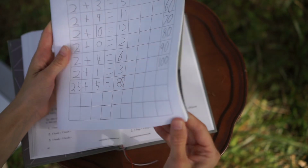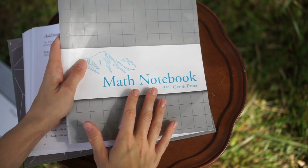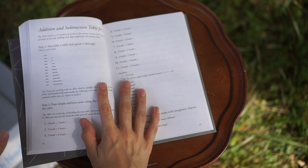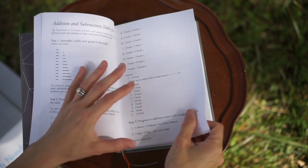If you want them to practice writing out numbers and seeing the numbers on paper, I highly recommend getting a graph notebook. You don't even have to buy one. You can design a graph paper on Canva if you want. But it really makes this come to life, I think, on paper for her, and it does help her be engaged with the numbers, if that makes sense. So anyway,